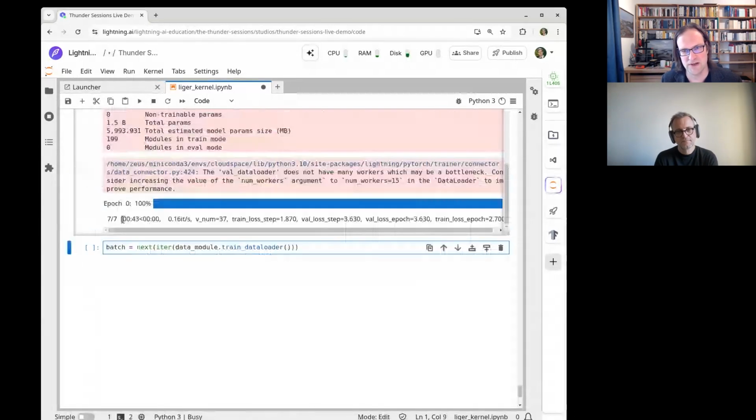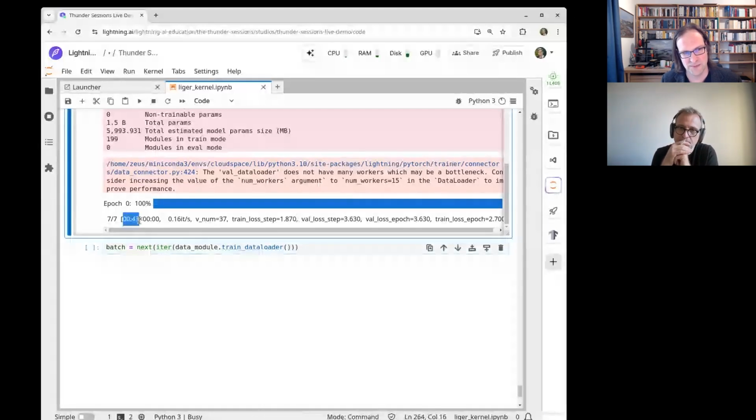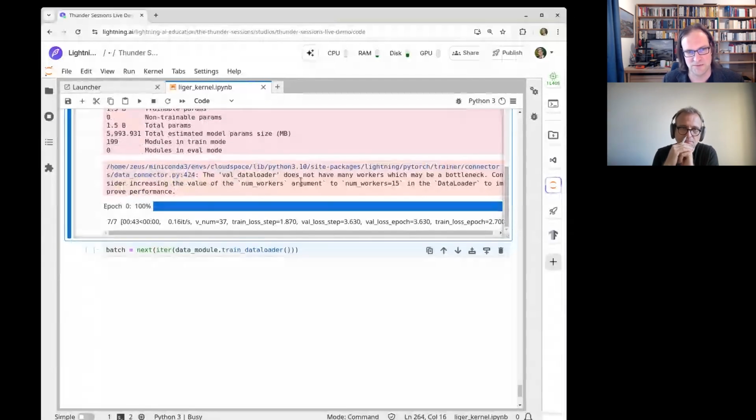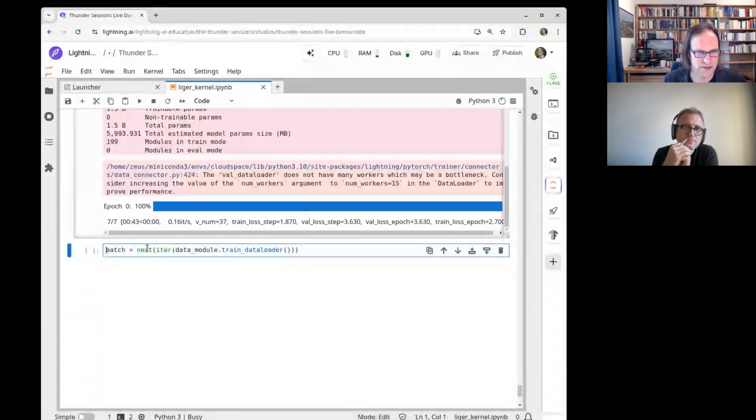And we saw now here that it basically compiled the entire thing once because it only took 43 seconds, which was the time to get the first iteration last time. And then the padding made all other things go very fast. And now it's cleaning up things, maybe compiling the evaluation once.